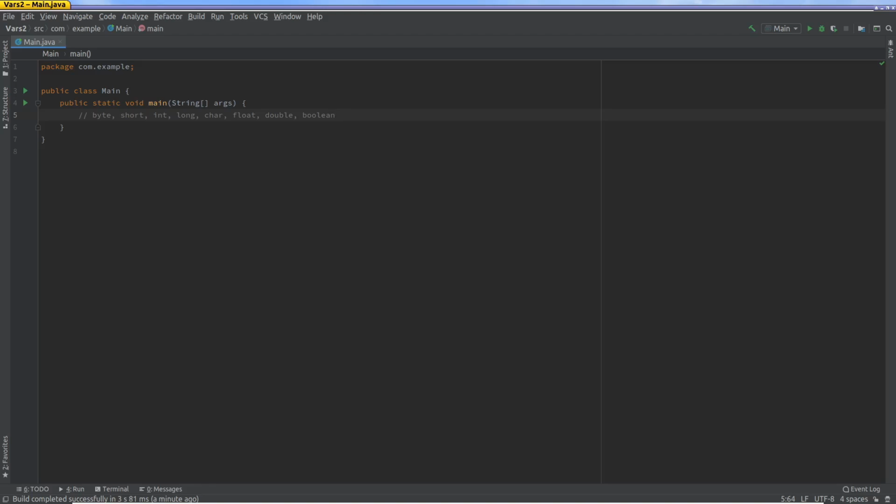So today we're going to talk about two other concepts. One is known as casting, which is when you actually have a variable of a larger type and you want to store its value in a variable of a smaller type. So for example, if you have an int variable, and you want to store it in a byte, how do you accomplish that? So that's one of the key things to do.